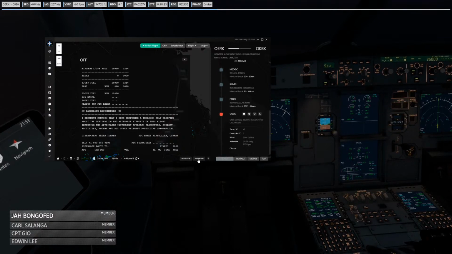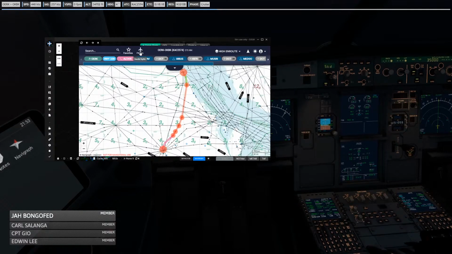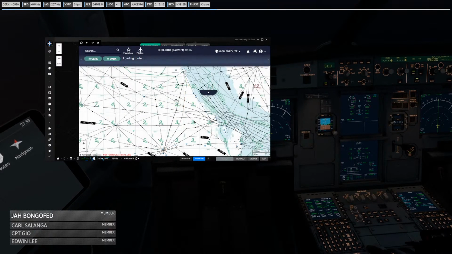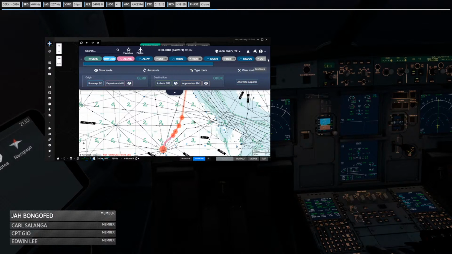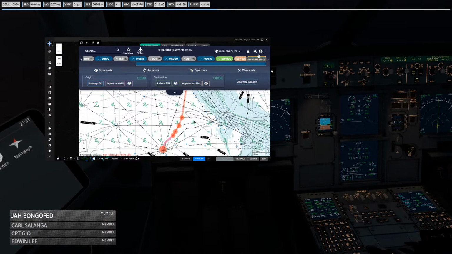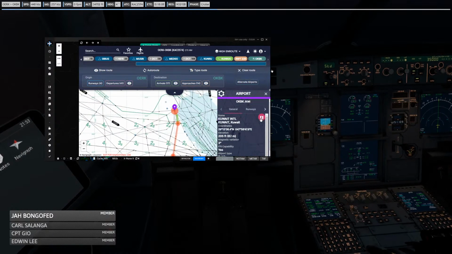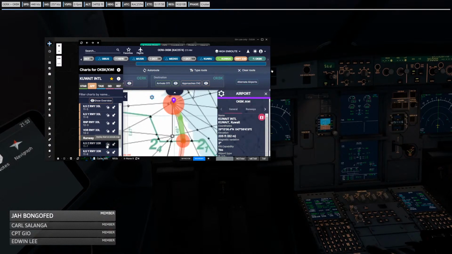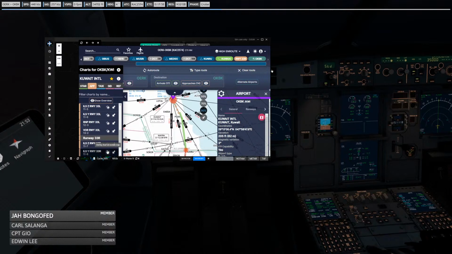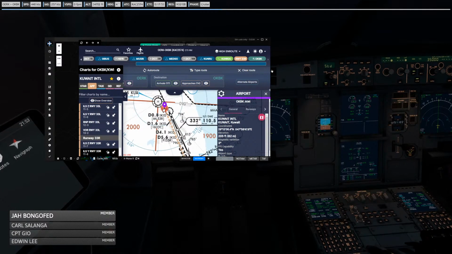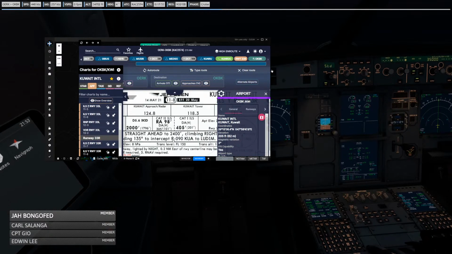We are going to come here to Navigraph real quick. And I believe this is the flight, but let's just make sure that we load the correct one. And we're going to go to Kuwait. There we go. And we're going to take a look at the approach. And the approach is 33 right. It's this one here. And if we zoom in, we can take notice of,